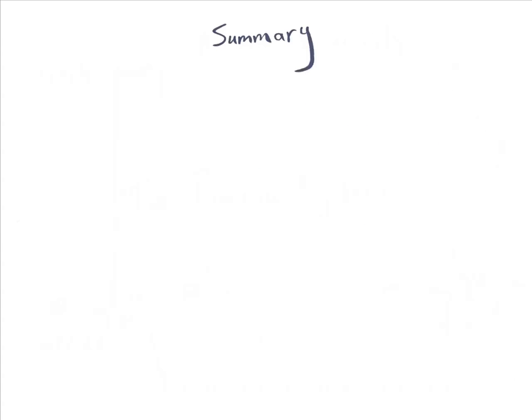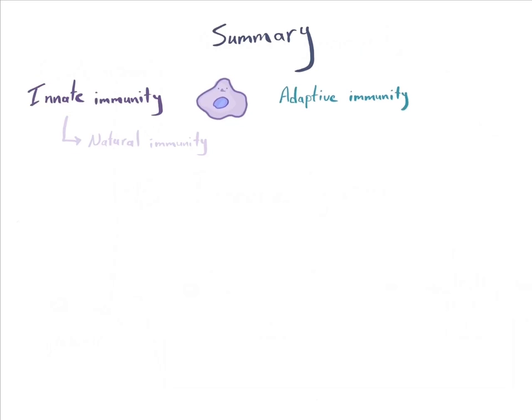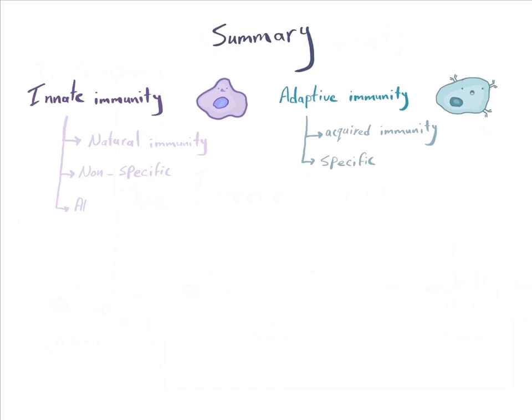In this video, I have talked about the innate and the adaptive immunity. The innate immunity is also called the natural immunity, while the adaptive immunity is also called the acquired immunity. The innate immunity generates a non-specific response, while the adaptive immunity is much more specific. The innate immunity is present in all healthy individuals, while the adaptive immunity requires exposure to external factors in order